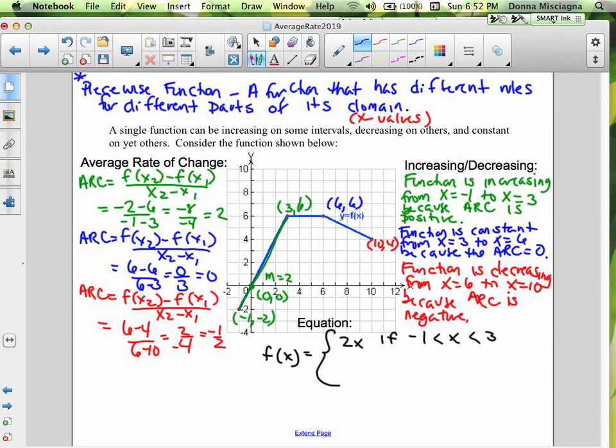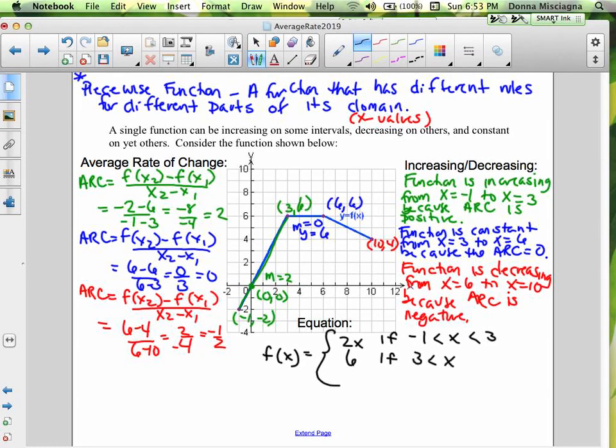All right, so now the next part of the graph is the blue part here. This has a slope of 0, and no matter what x is, y is 6. So that's the equation, y equals 6, and we're going to use that equation when x is between 3 and 6. We don't have to write the y equals part because that's taken care of with the f of x equals. We just need to write the 6. So f of x equals 6 if x is between 3